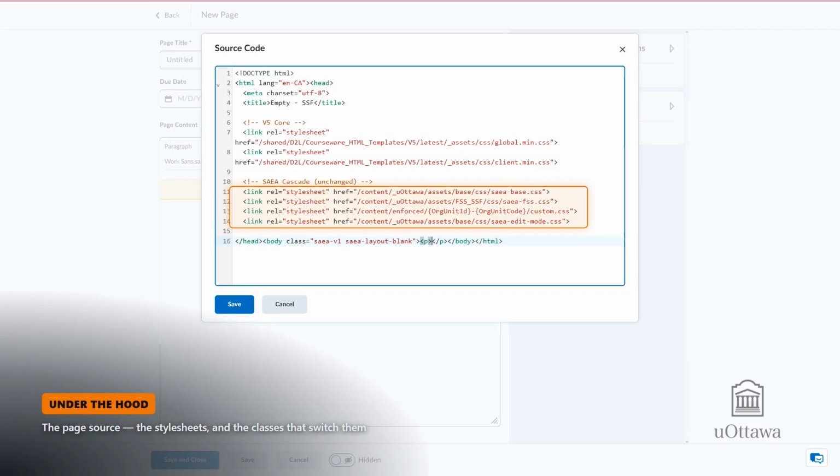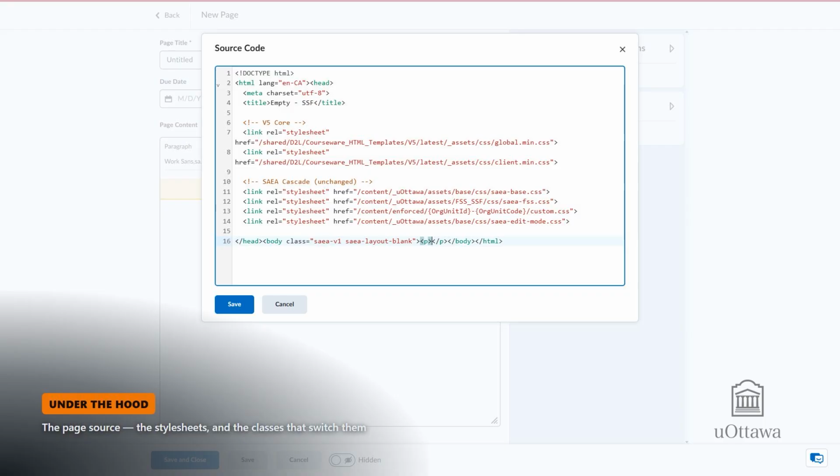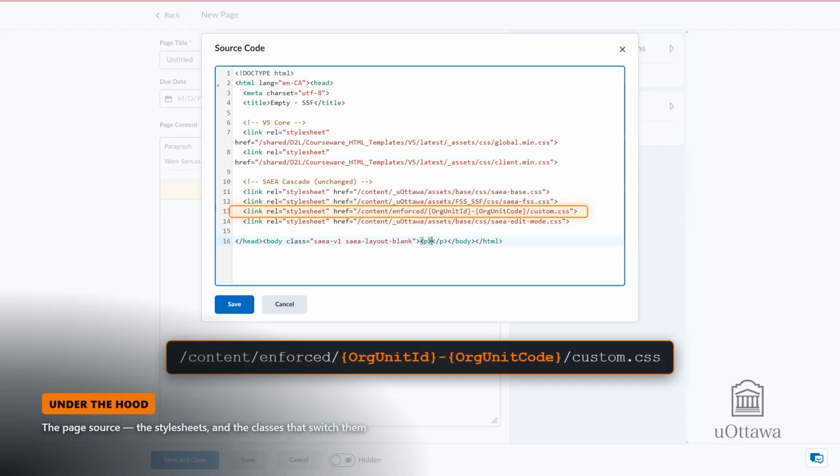Here is that same cascade in the real page source. A shared foundation, then the faculty's styles. Now look one line down, at the body tag. A couple of plain classes, and they do a lot of work. The first one marks the component version. We can ship a version 2 tomorrow and never break a course still on version 1. The next one lets us target a single kind of page, the layout. And there is one more, not shown here, the program class. So on any page, new or old, we flip these classes, and the look, the version, and the styling all follow. And then there is one last line,